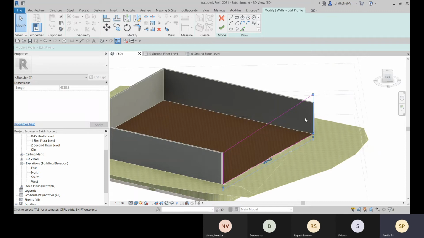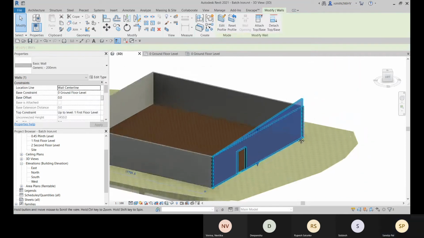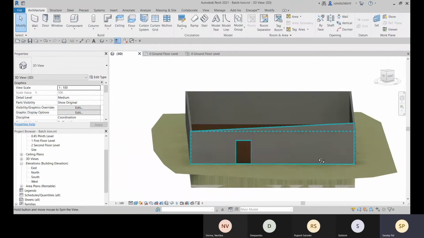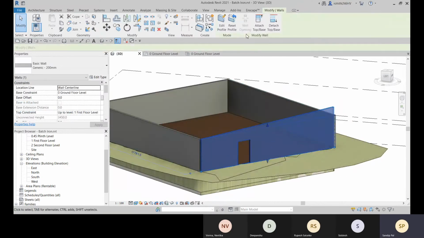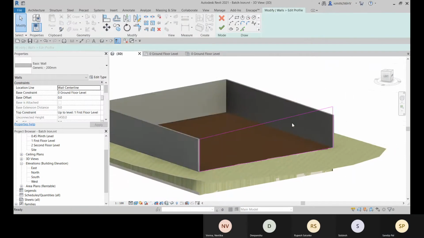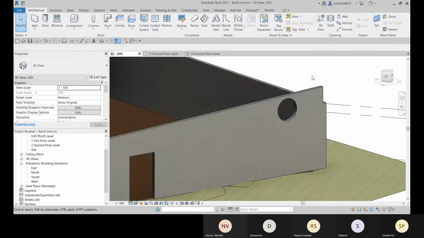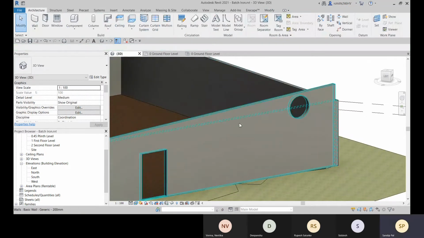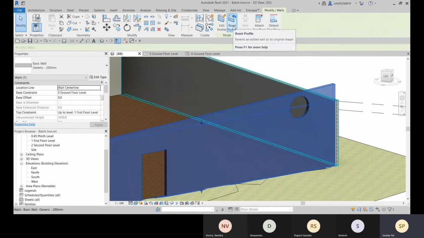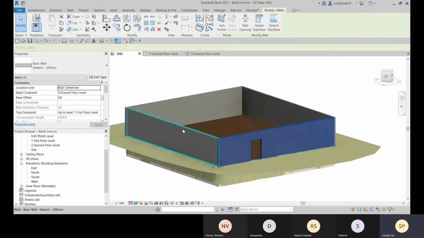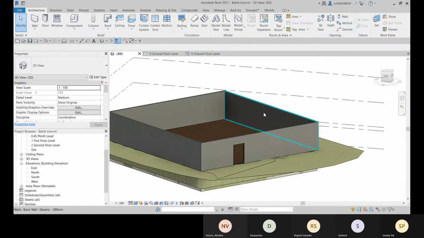I'm just showing you that you can make it. You can make some changes, and with this edit profile also, you can create some hole over there. After that you can go for reset profile to get back the original profile of your wall.